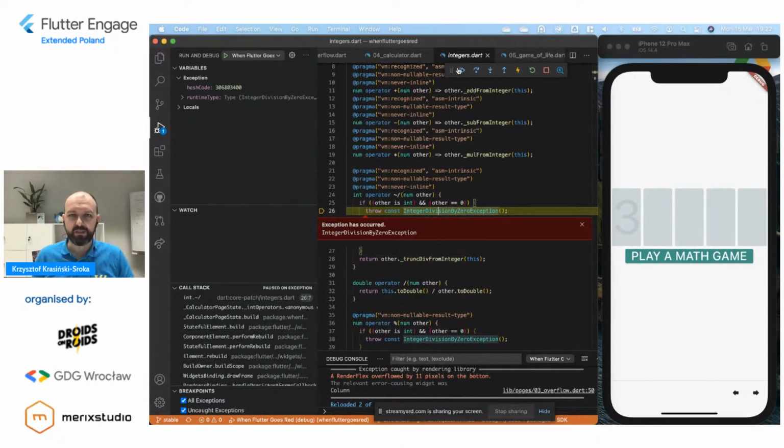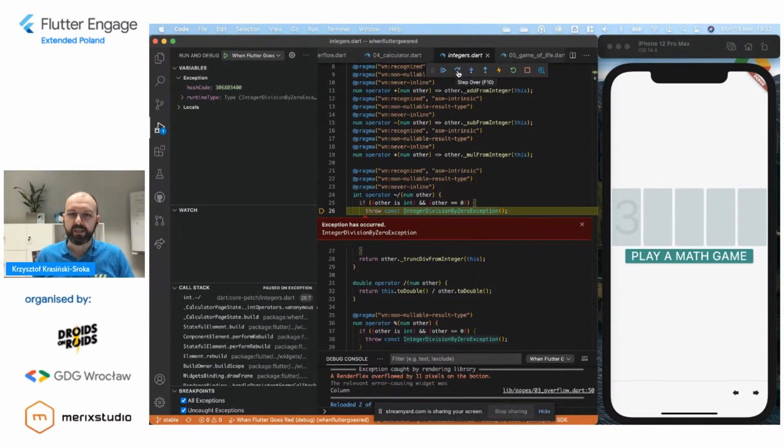And you can see in many IDEs, you would see this very same combination of controls. And these controls are continue, so basically try to continue the execution of a program until possibly the next exception, until the next breakpoint.